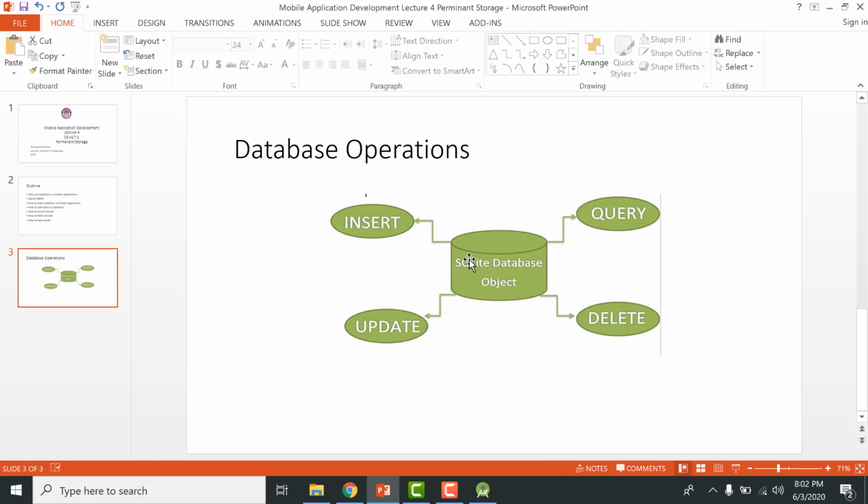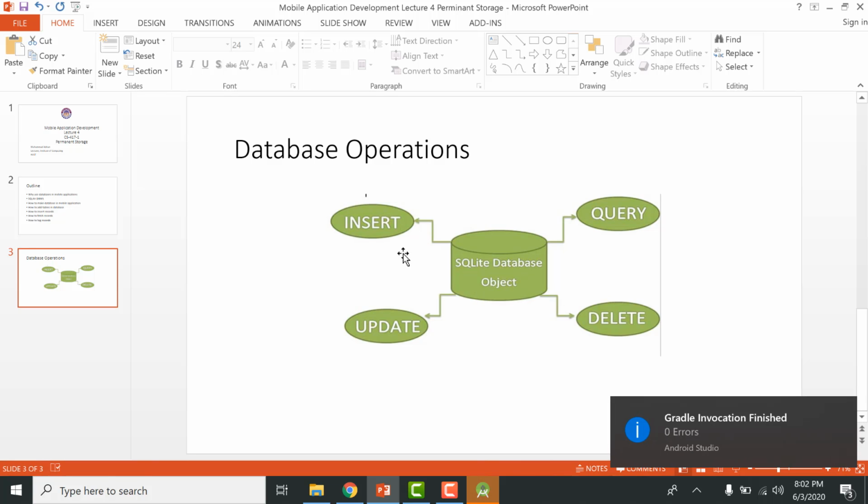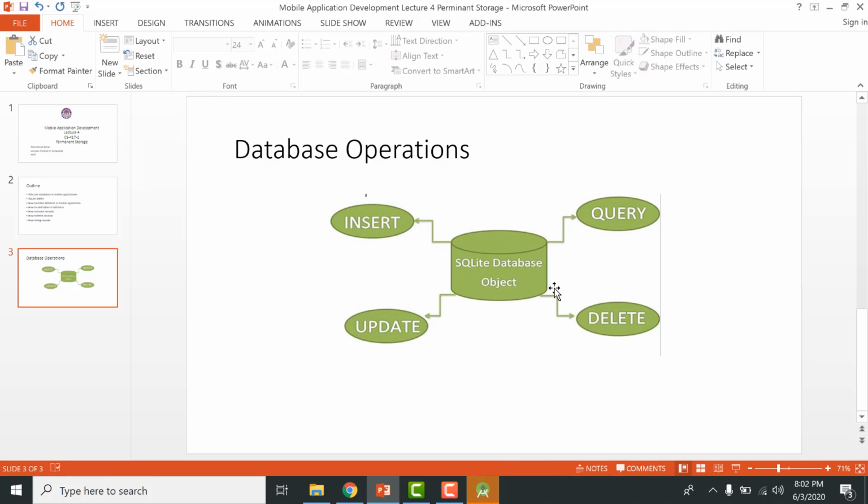I'm going to tell you that you store your data inside a database by using SQLite DBMS. So this is your database, and you can query your records, you can delete a record, you can insert a record, and you can update a record. So these are the commonly used operations on the database. Okay, so